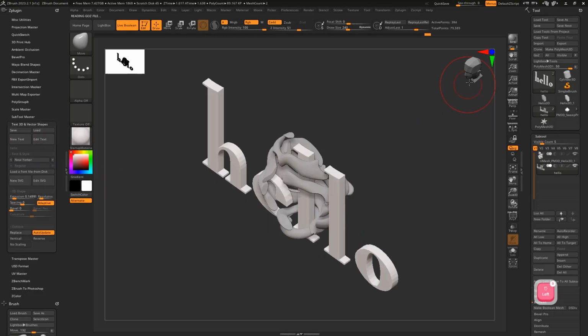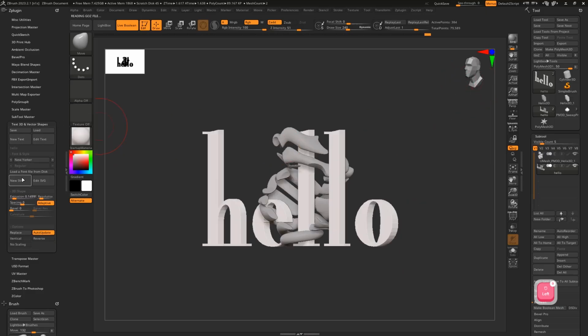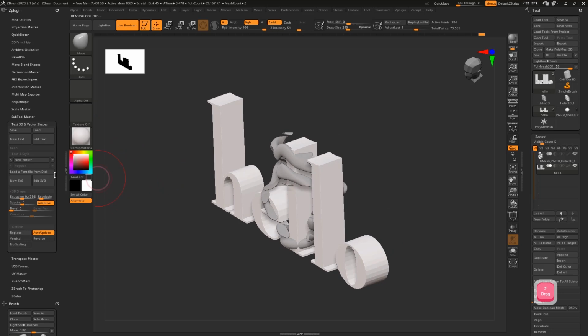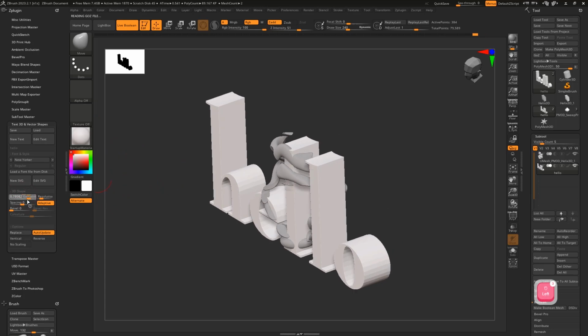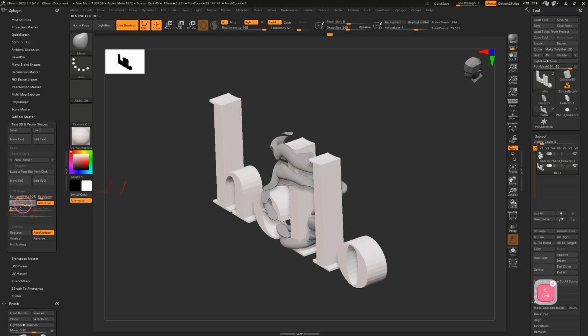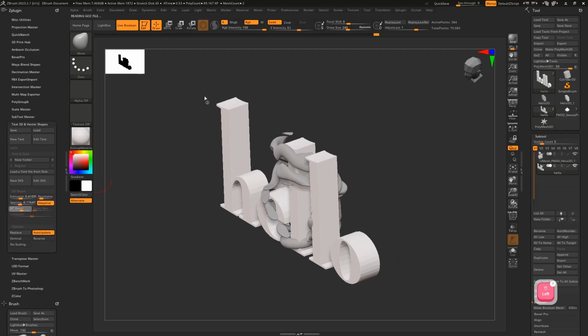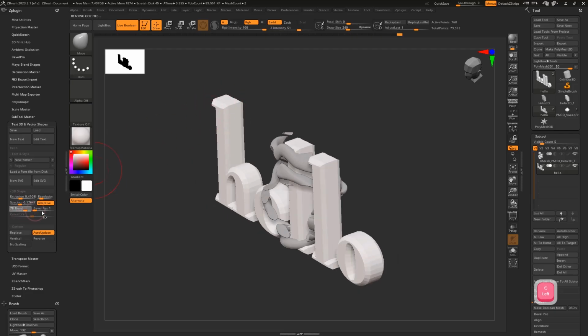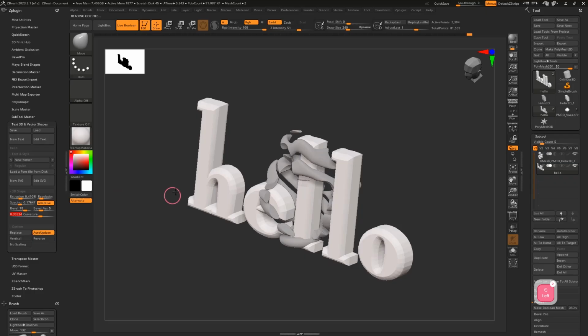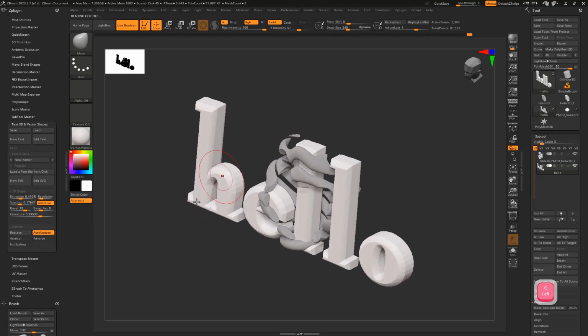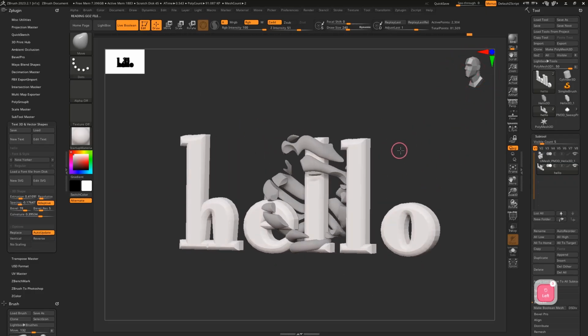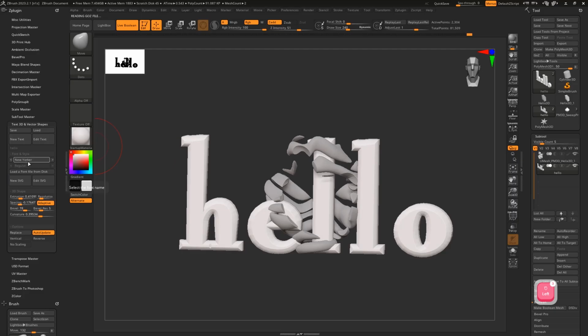So any text you want, you can work with it. You can also make it more extruded, so you can control the extrusion here. You can also control the spacing here. You can work with the bevel, so you can have bevel edges. You can also do more with the resolution bevel. So you just click bevel resolution and then you add the curvature. Then you see you can have a nice curved bevel. And that's pretty much it for the